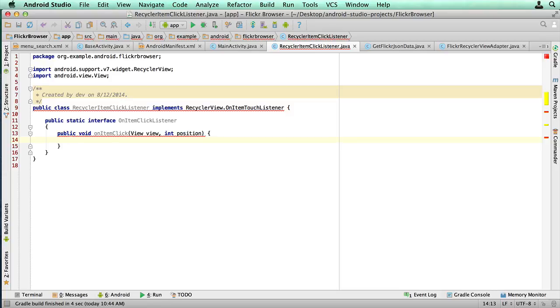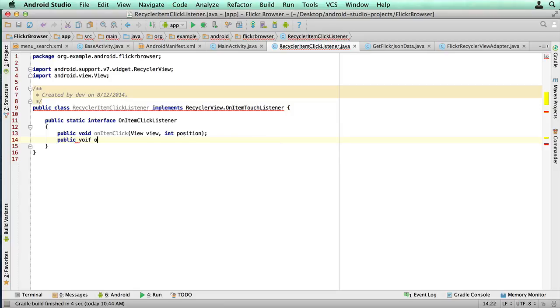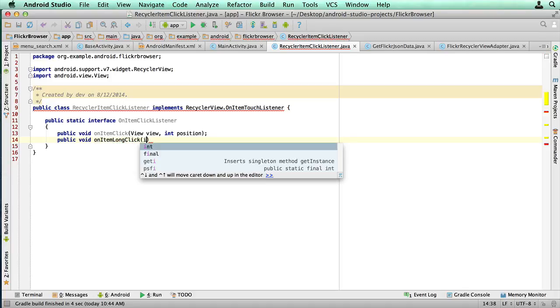It will actually be the position that's been clicked, and whoops, that's meant to be just an interface. So we're not actually creating that functionality here. So we've got onItemClick, but we've also got another function called onItemLongClick, with exactly the same parameters,